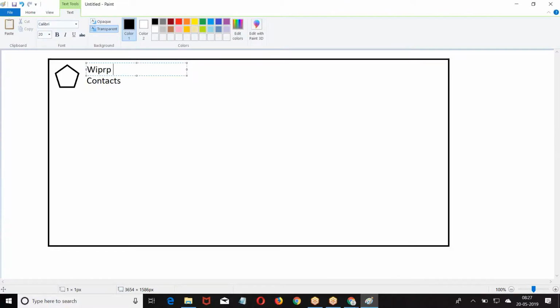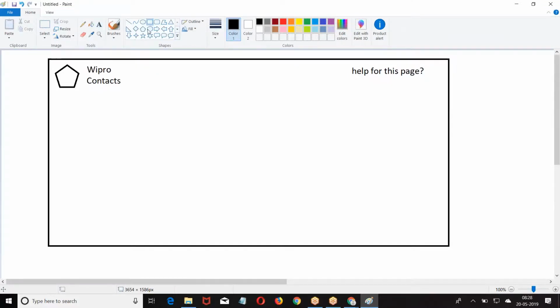Wipro is an account name. Account name should be printed. At the bottom we have contacts.